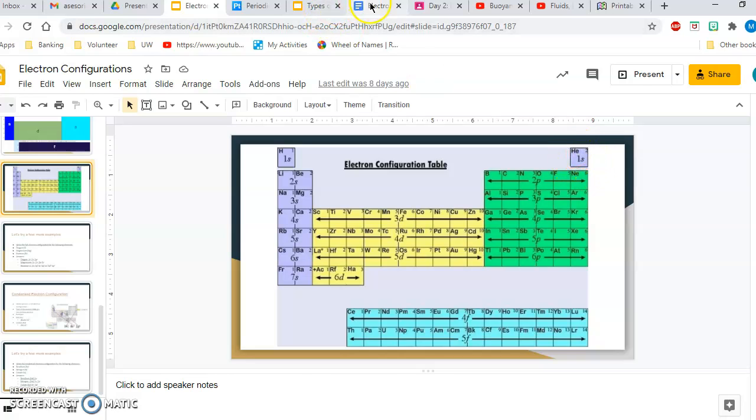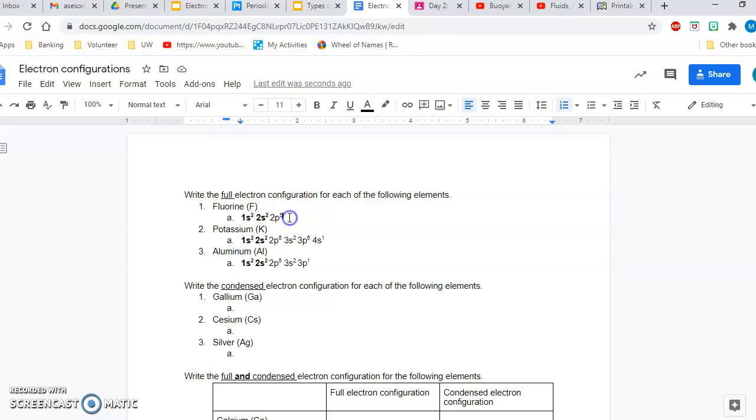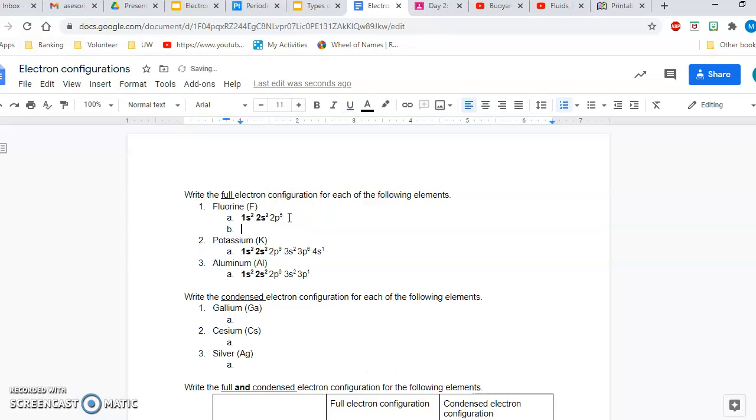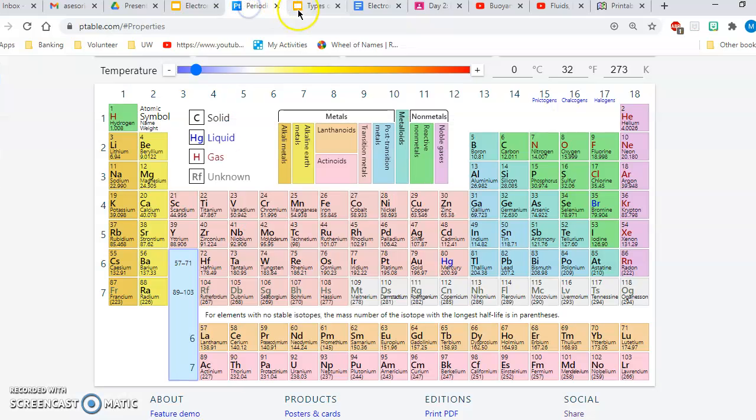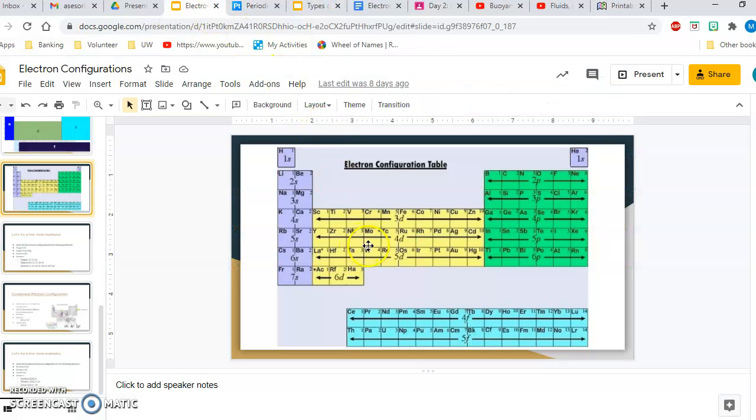So what we would write would be, this one is in the wrong spot, but what we would write is helium, and that would get us through the first row, and then we would go to the second row, 2s2, 2p5. So by writing our nearest noble gas, all we are doing is simplifying a whole row. This gets really helpful when we get down into having to do things like